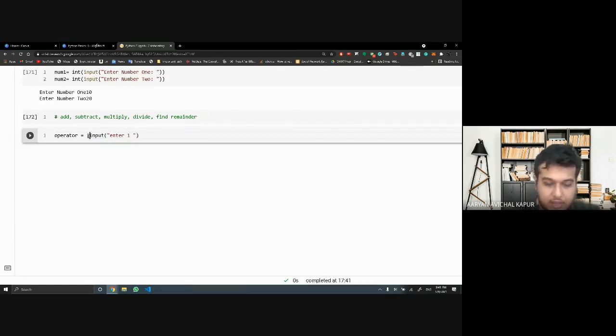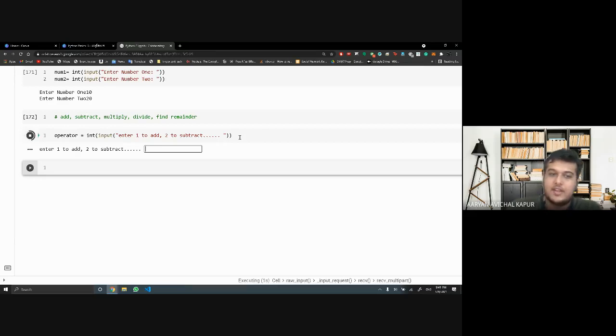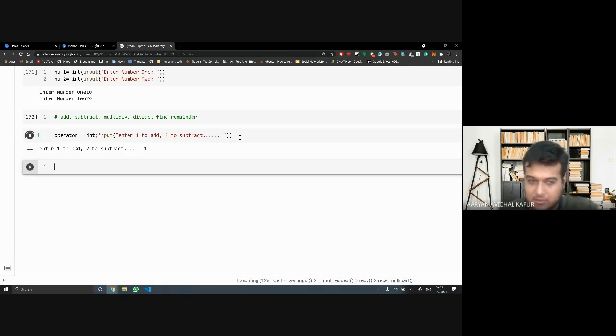So we make this also an integer, and we ask them to say enter 1 to add, 2 to subtract, and 3 to divide, and then you simply create an if condition where you will say that if operator is equal to 1, then print addition or subtraction or division, right? This is something that I want everyone to do. Is the problem clear to everyone? Is the question clear to everyone?